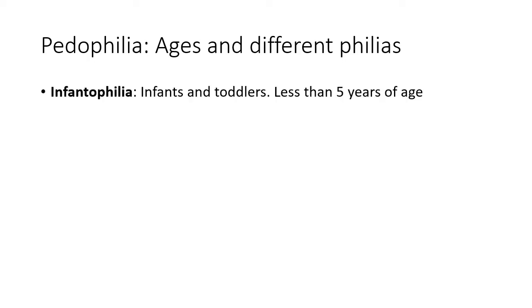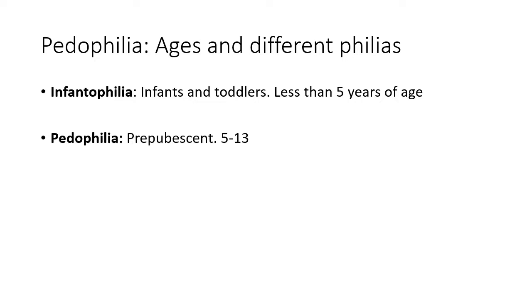I said I would talk about the different philias, because we have different ones for different ages, such as infantophilia. That's infants and toddlers, children that are less than 5 years of age. Then we have pedophilia. This is prepubescent. Some definitions of pedophilia include everything before puberty, but when we're breaking these down into subcategories, pedophilia is actually just